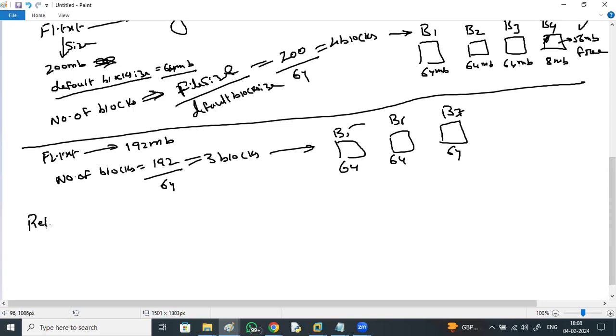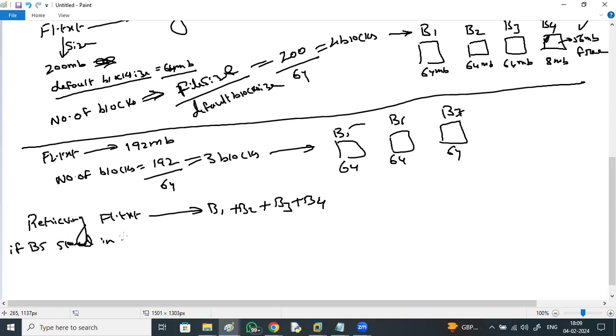When you try to retrieve f1.txt, you need to combine B1 plus B2 plus B3 plus B4. So if B5 is stored in B4,